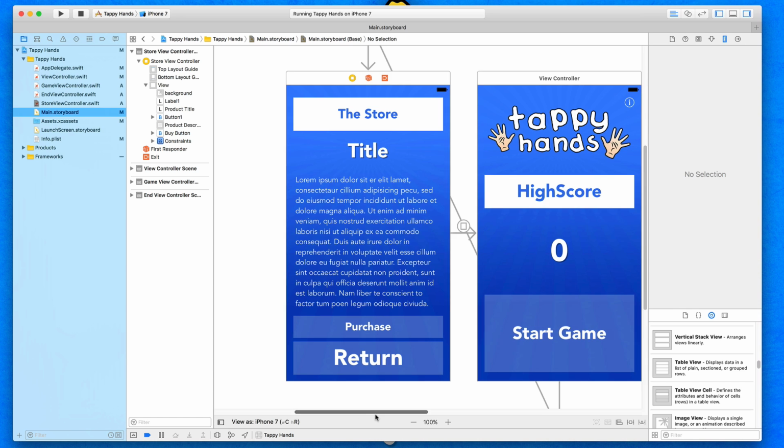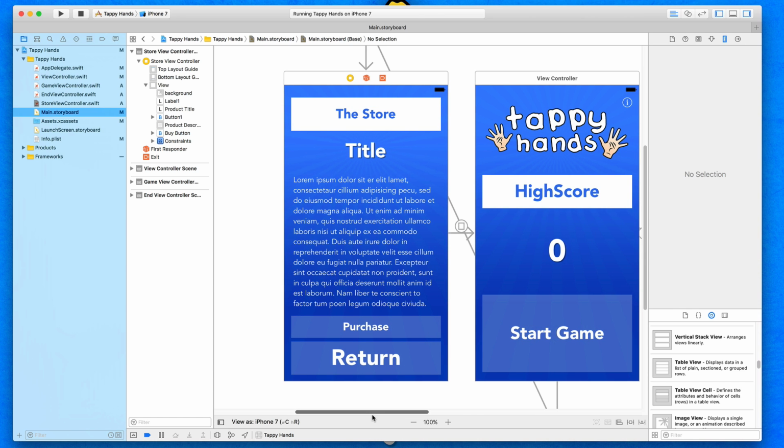Constraints are quite easy to get your head around and how to use them. As long as you understand that when the objects do get smaller, one of the objects needs to compensate for all the others. Once you get that in your mind of how things work, it's pretty much really easy to create universal interfaces. So we're now going to go to build and run then